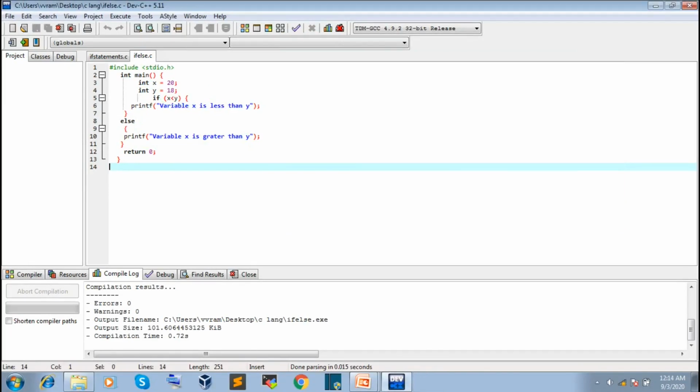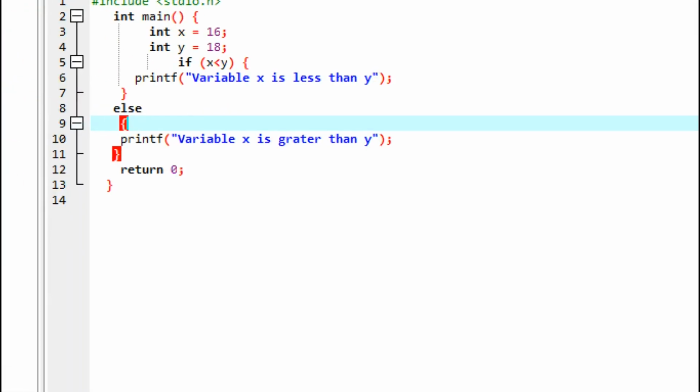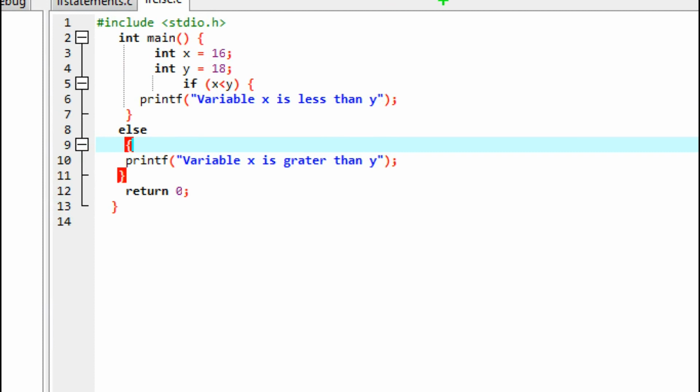Let us change some values. I want to give 16 here, and then I want to save it with Ctrl+S. Let us see, I changed the values: x is equal to 16 and y is equal to 18.